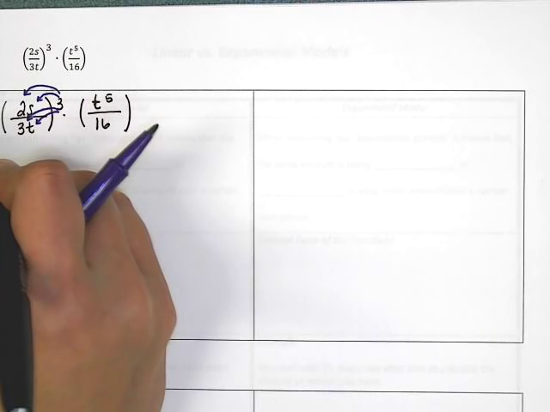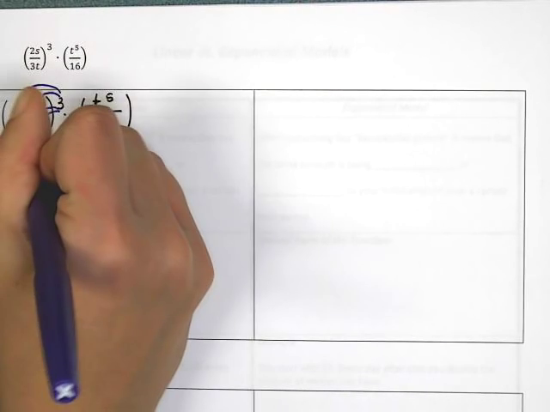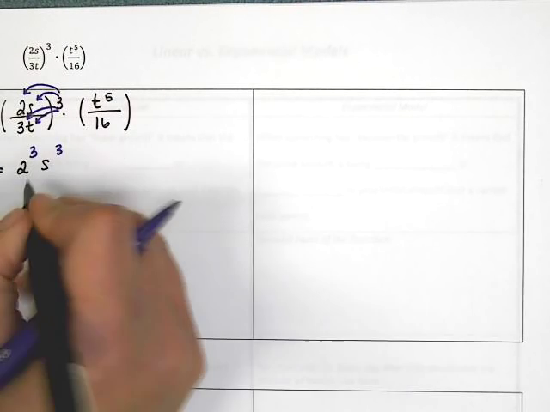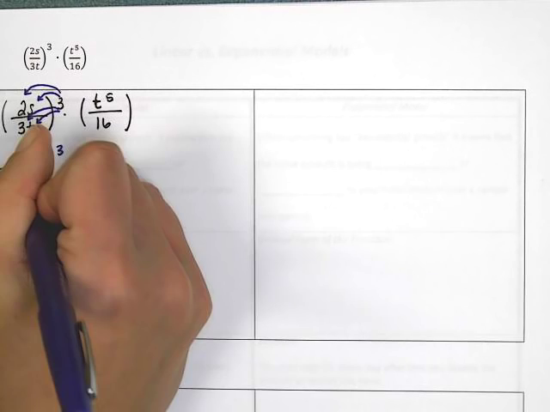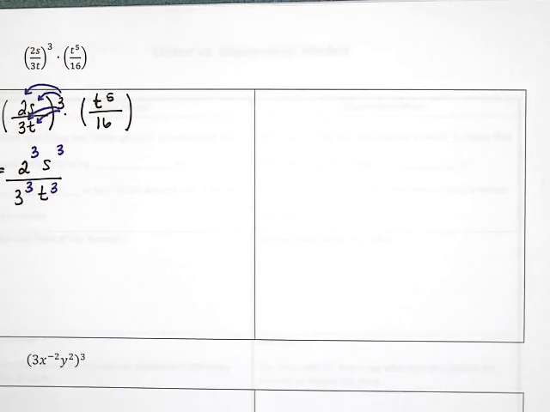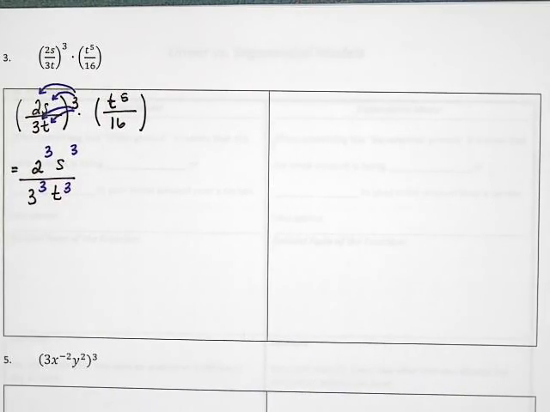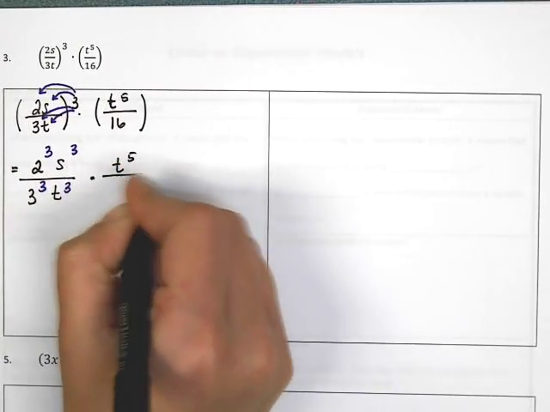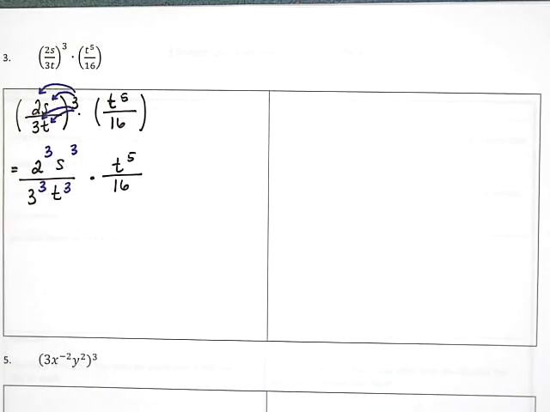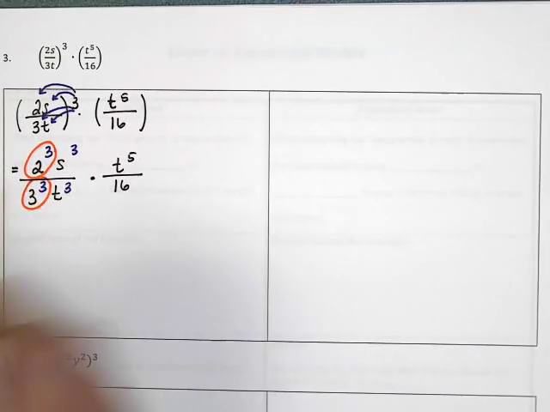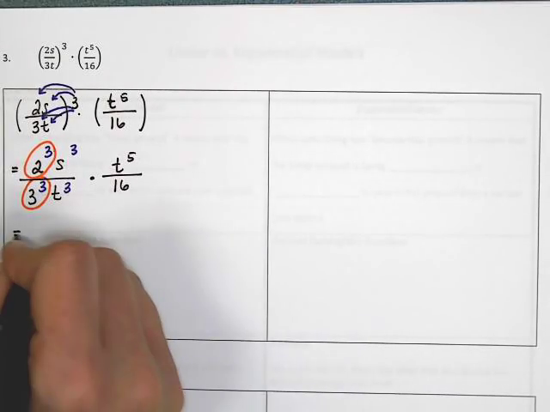So my new problem is going to say 2 to the third power, s to the third power, over 3 to the third power, t to the third power. Now there's nothing to distribute for the second parentheses, which means we don't really need the parentheses. So I'm going to copy that down without parentheses. Now I could simplify this. I could say to myself, hey, 2 to the third power and 3 to the third power are just numbers. So I could simplify that and I could make 8